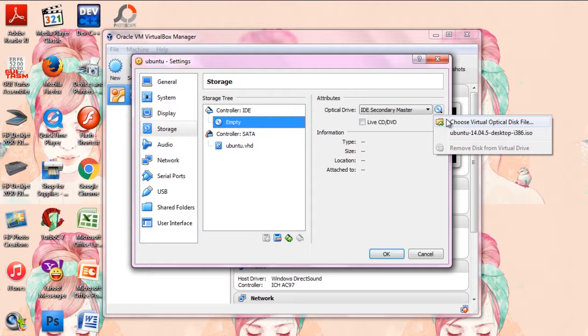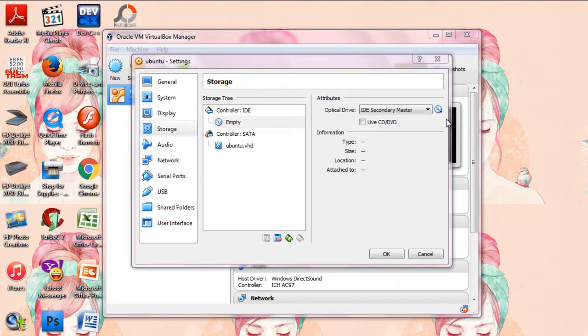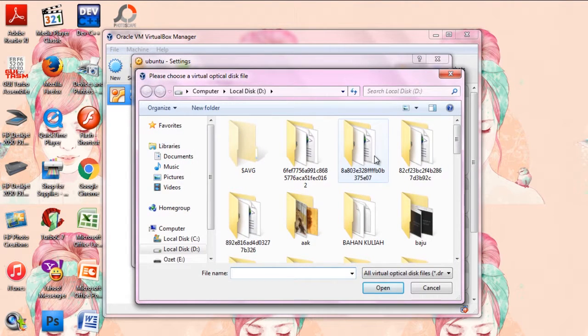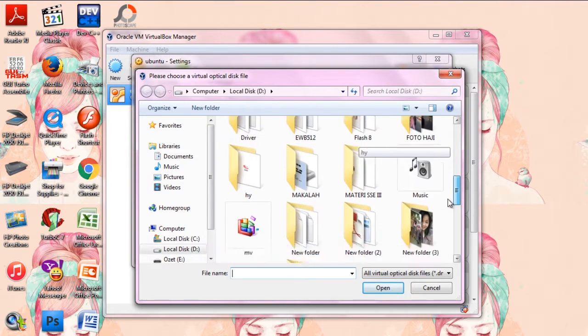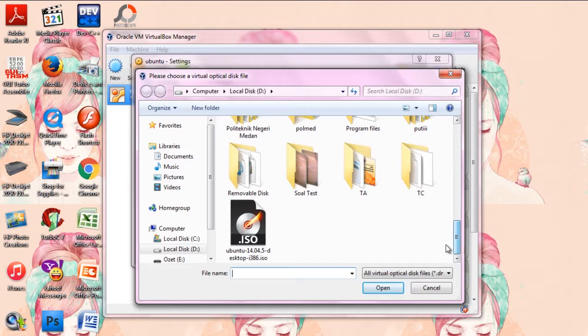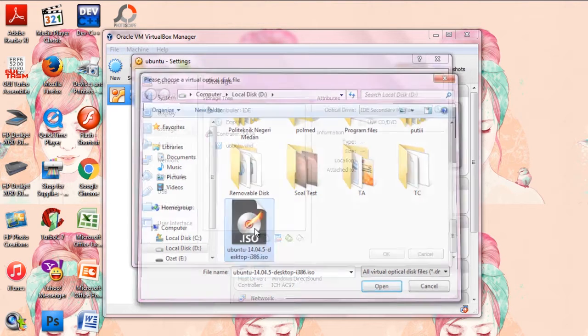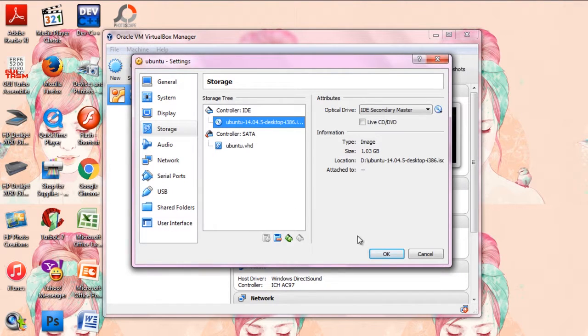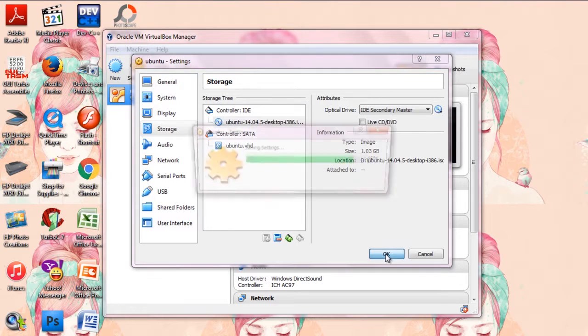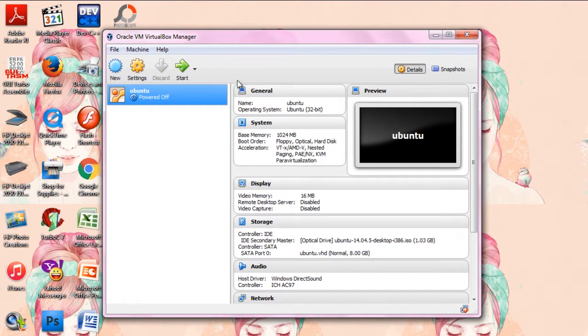Choose virtual optical disk file. We can find the Linux Ubuntu ISO extension. Okay, and click OK. Right. Now we click start.